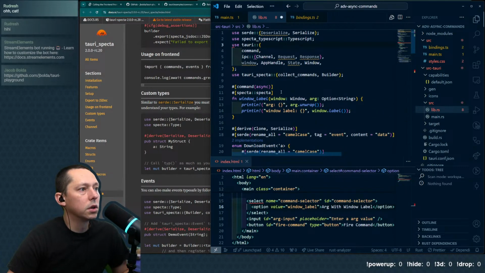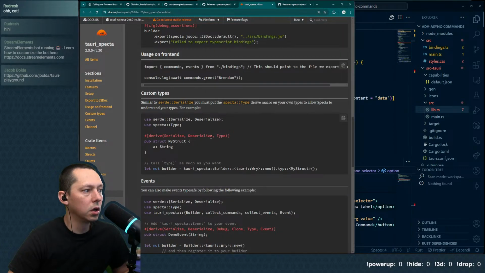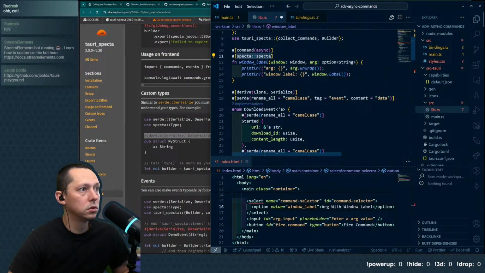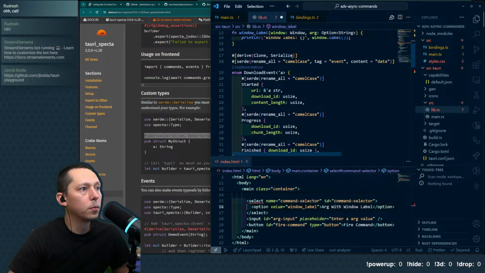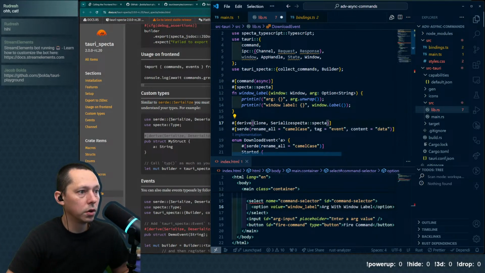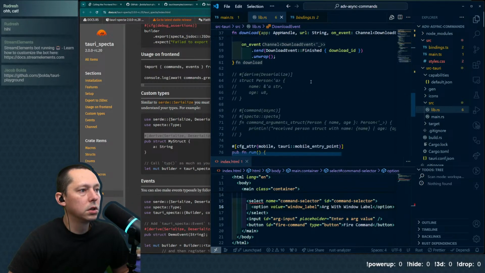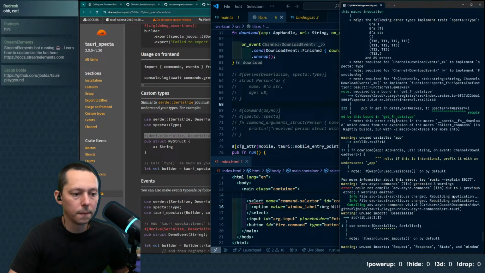And I guess I don't actually need to do that if I'm just doing this directly, like specifying it like this. So I'm not going to do a derive type. I want to do a derive specta type, because I think that it's going to make it a little bit clearer. So here, instead, we're going to do this, and instead of doing Specta, we want to do that. I think that will work. I'm going to dump it here as well, because I think that is the reason that one wasn't working. Okay, let's see how this goes.